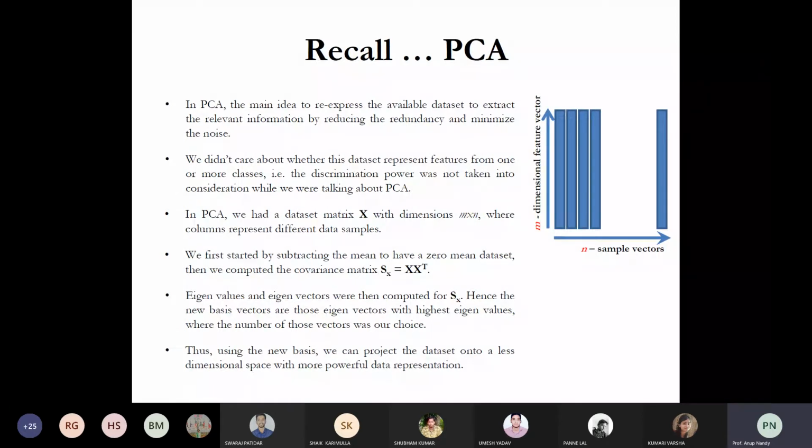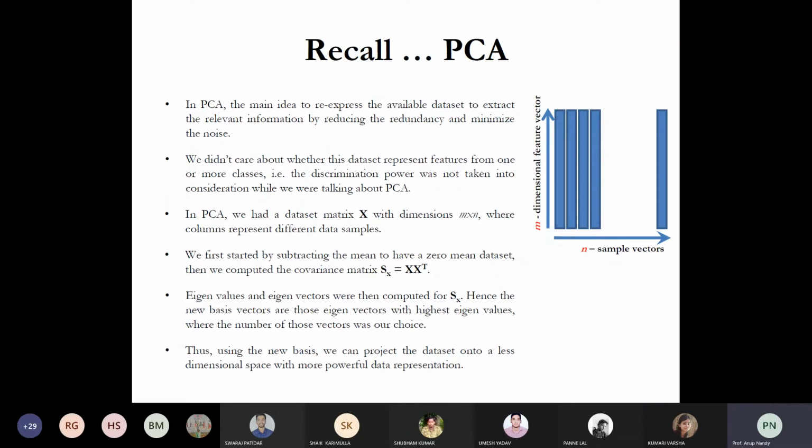One important distinction between PCA and LDA is that PCA is unsupervised. As I already told you, PCA is unsupervised and does not consider any class label. It finds components along the maximum variability of the data. Maximum variability means maximum variance, so it finds the component with the maximum variance.